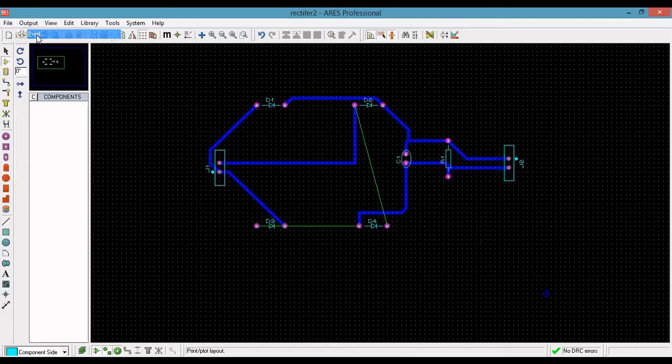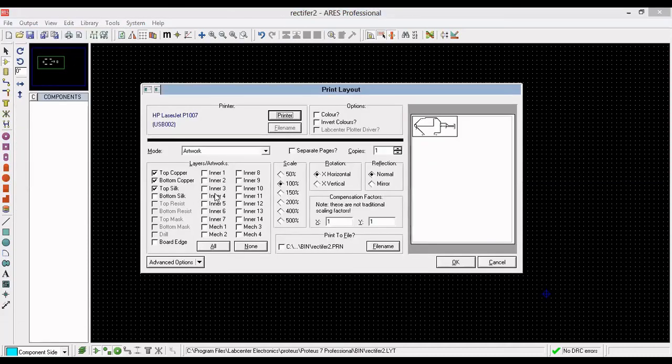There is a print option available. You can select the layer, select the types, everything you can select. Next, you can give the file name. Here you can change the colors. You can see the preview here. If you click OK, it will be stored in this particular path, C folder bin rectifier.